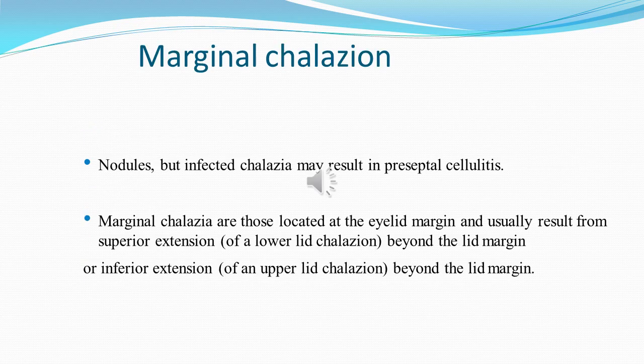As we all know, the tarsal glands are present deep in the tarsal plate and the duct drains to the margin of the lids. Normally we find chalazions away from the lid margin, but when the chalazion grows into the duct and pops up at the lid margin, we call it a marginal chalazion. We can see here a granular nodule present at the lid margin, which may be presenting through the openings or orifices of the meibomian gland.